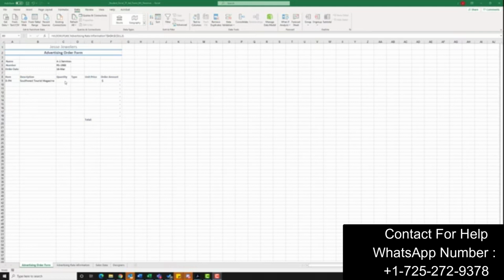So now we need to go over to C9. And we want to type in 4 as the quantity. Go ahead and hit the tab key. Under type, let's go ahead and type in regional. Hit the tab key. And here we're going to go ahead and put in another VLOOKUP to look up what